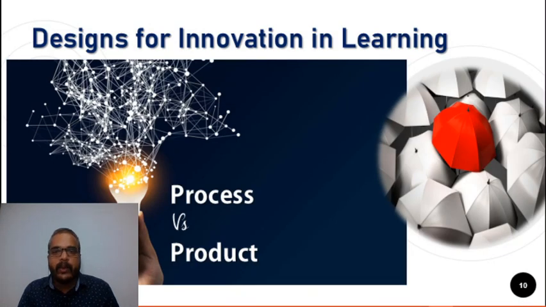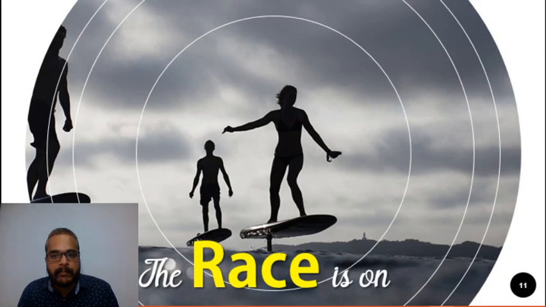So now let us look into the designs for innovations in learning. Keeping all the principles in our mind, I suggest that we focus on the process as well as the product. The race is on now. Almost all of us have started designing the teaching-learning.